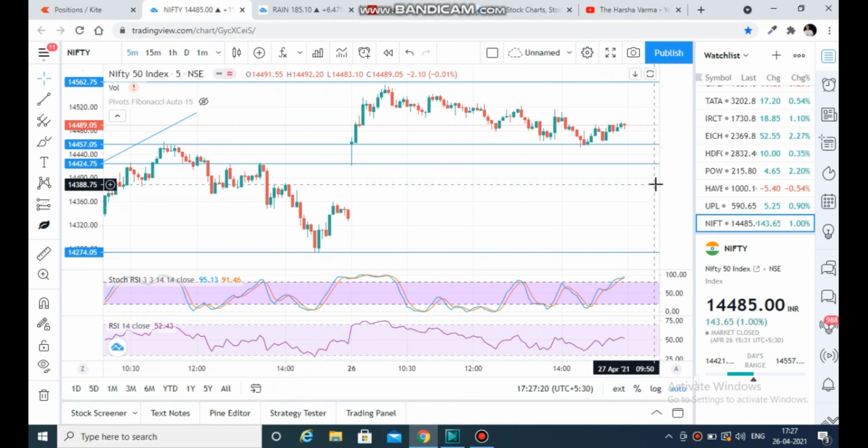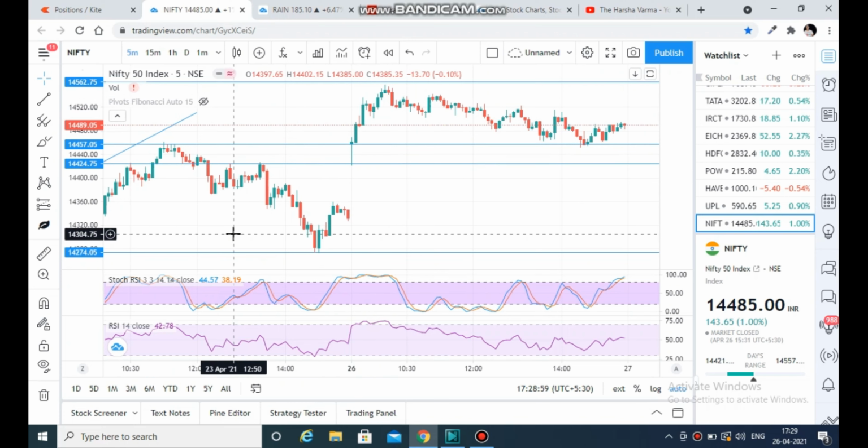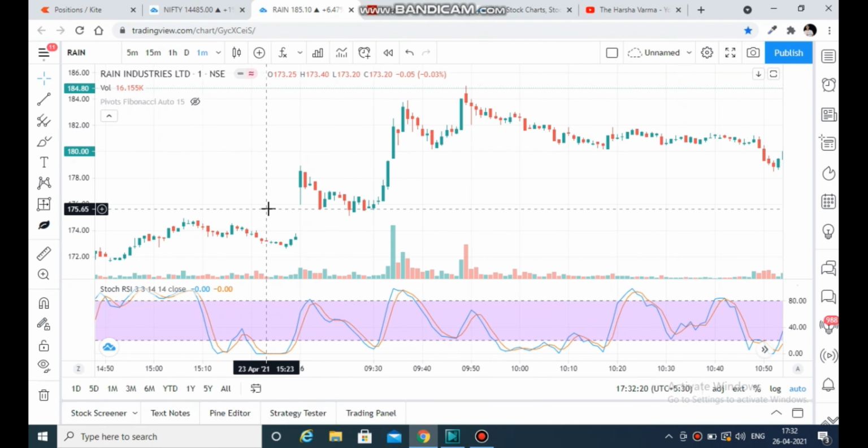Next, try to identify the trend of the market. During the morning session, when we took up the trade, we can clearly see that Nifty was in a very clear up move. In this case, I would prefer stocks on the buy side. In this strategy, we are going to look at the graphs in 1 minute time frame, and the indicator that we are going to use here is the stochastic RSI. We are also going to use pivot points for understanding the support and resistance.